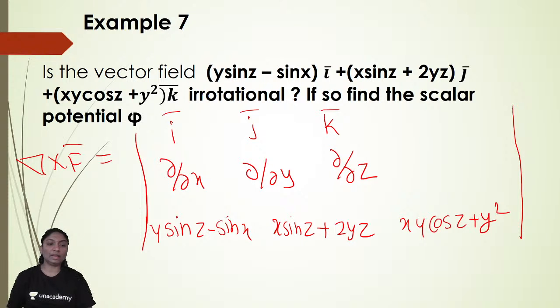So you will get i bar into bracket del by del y of F3, which gives x cos z plus 2y,